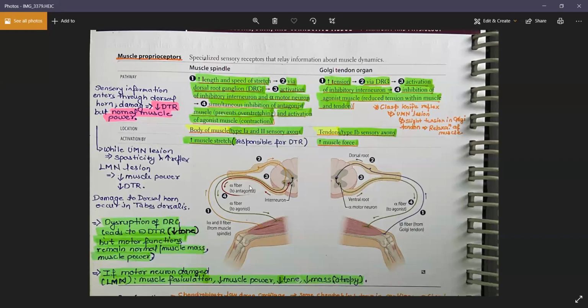Yes. I still have the motor neurons. I still have the upper motor neurons. The voluntary contraction begins in the CNS, in the brain. And from the brain, you have the upper motor neurons, and then you have the lower motor neurons, right? These lower motor neurons are the alpha fibers actually. So I still have the brain intact. I still have the alpha motor neurons intact. If I damage my muscle spindles or these 1a or 2 fibers, then I can still get the contraction